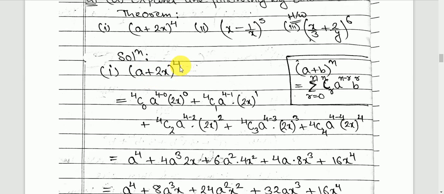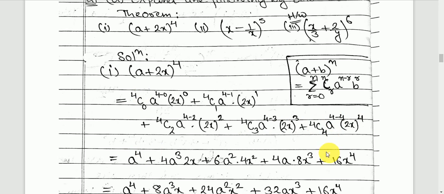So a plus 2x to the power 4 means 4C0 into a, the first term, to the power 4 minus 0, into the second term 2x to the power 0, plus then 4C1 into a to the power 4 minus 1 into 2x to the power 1, plus 4C2 a to the power 4 minus 2 into 2x to the power 2, plus 4C3 a to the power 4 minus 3 into 2x to the power 3, plus 4C4 into a to the power 4 minus 4 into 2x to the power 4. Now 4C0 will be 1,